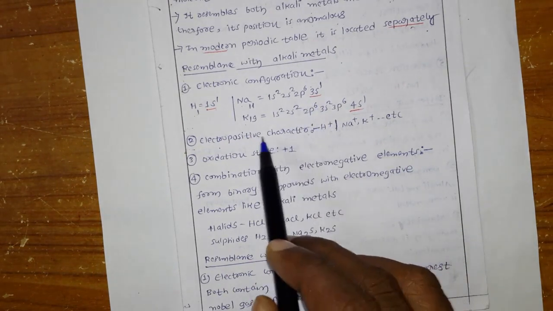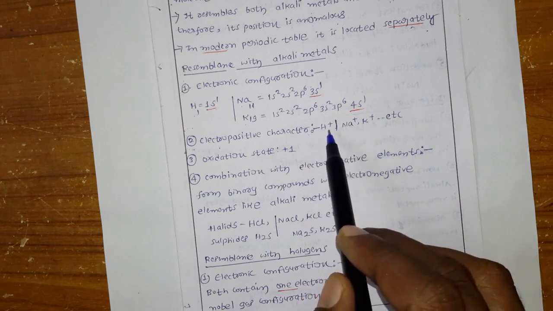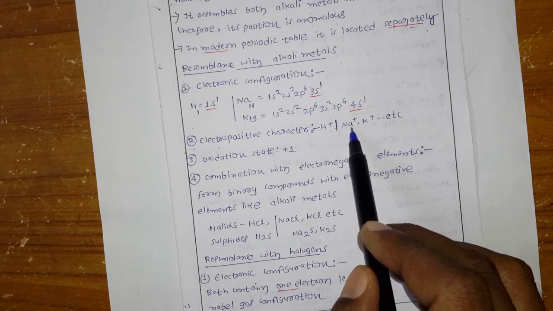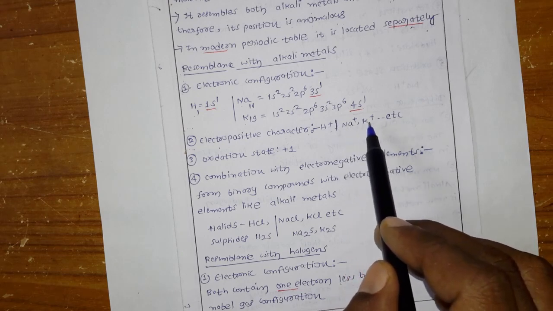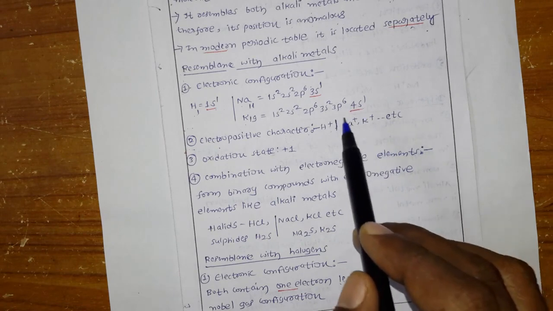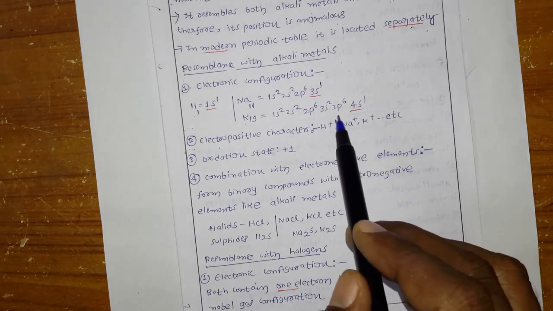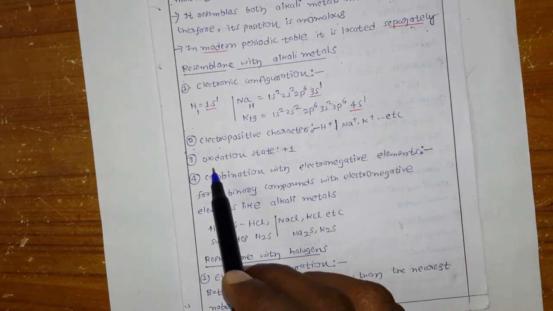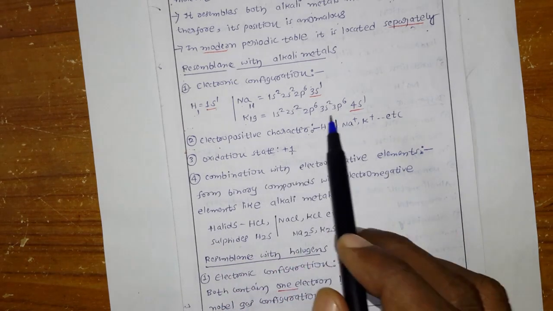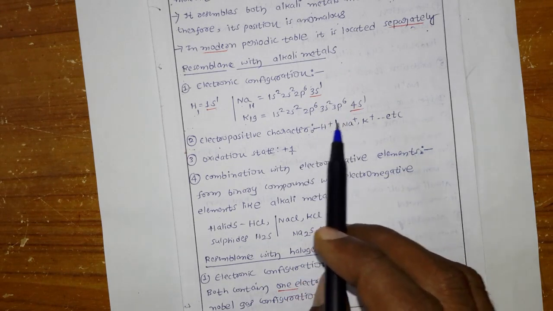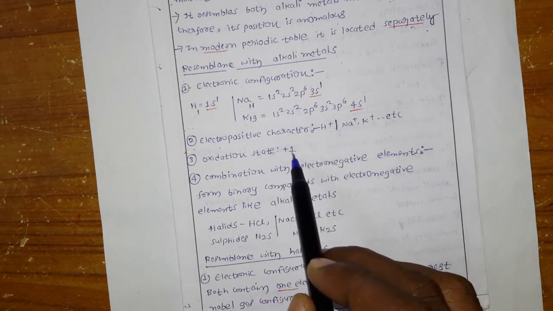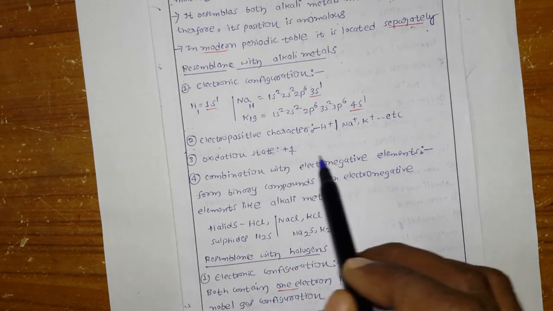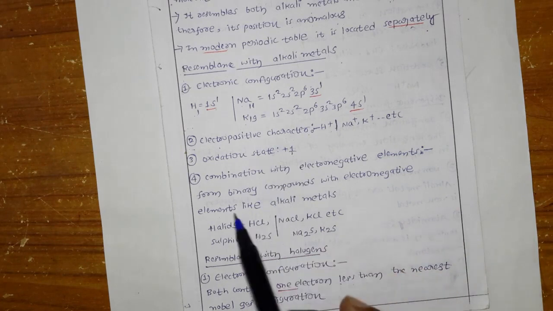Okay, so electropositive character. Generally, hydrogen has a very similar electropositive character to sodium plus and potassium plus ions. It loses one electron and converts into the proton, very similar to sodium plus and potassium plus. Next, the third one is the oxidation state. Generally for the group 1 elements, the oxidation state is +1, and obviously hydrogen also has a general oxidation state of +1. So this is one more resemblance.